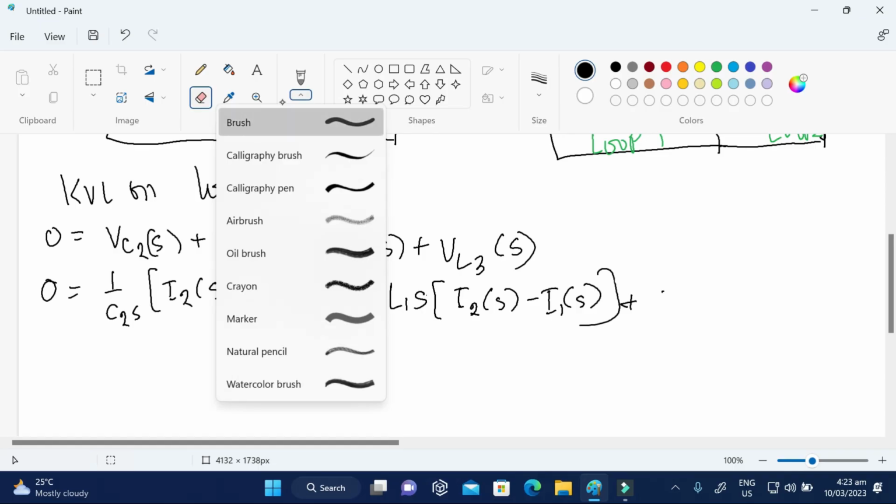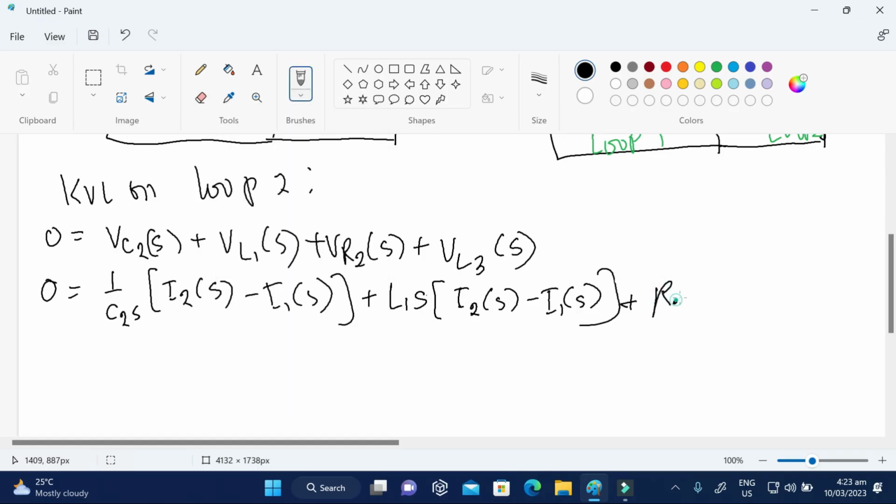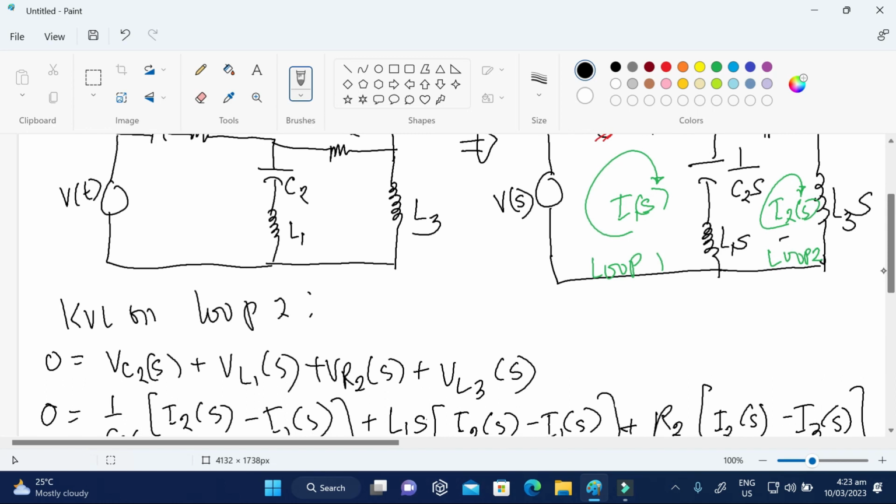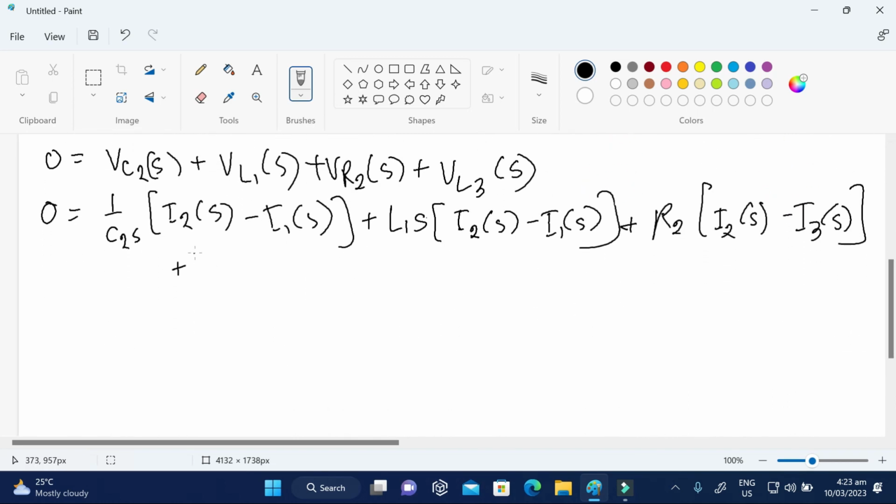Okay. Si R2 multiplied by I2S minus I3S. Ayan. No? Then, lastly, we have 4 plus BL3. So, sa L3, isa lang ang kuryente sa kanya, si I2. So, that will be L3S, no? Multiplied by I2S. Ayan. No? So, simplifying this by